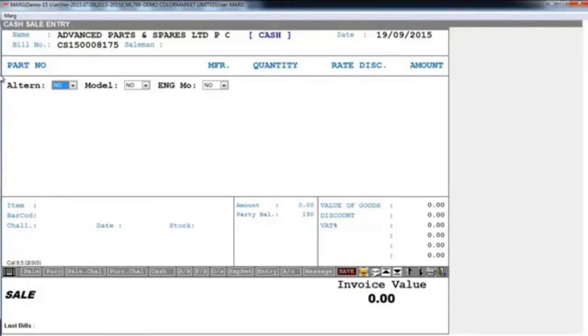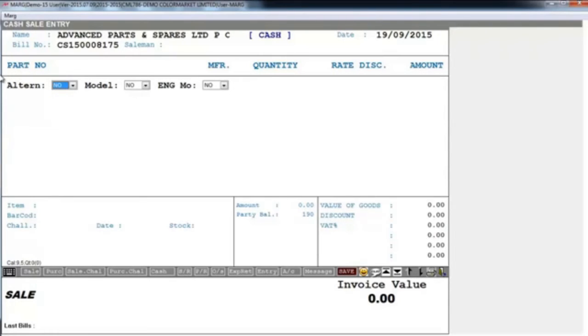Like for example, as you know in automobiles industry, the auto parts can be used not only on one vehicle but on many vehicles. So for example, when customer demands for Hero Honda Splendor belt, now in that case if you do have the belt then you directly provide it to the customer. But if you do not have the belt of Splendor, so you have to search its alternative. For searching its alternative, you send your storekeeper in store for making him search its alternative. And many times what happens is that you do have the alternative, but you fail to provide it to the customer, because of which you tend to lose your customer and your billing speeds down.